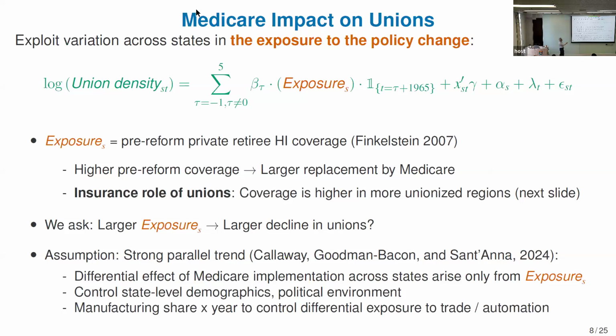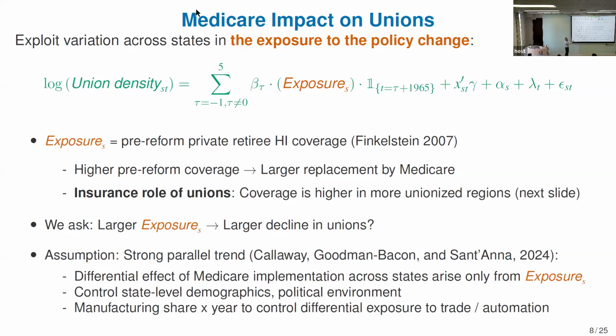We use the introduction of Medicare in 1965. Every retiree in the US gets insurance coverage through Medicare, which is a social insurance. Before 1965, almost all retirees with health insurance got retiree health insurance because they were unionized before retirement. So basically we have a situation like this: before 1965, retirees with health insurance had it because they were union. After 1965, every retiree gets health insurance regardless of whether you are unionized or not. So now we have a variation across states in the